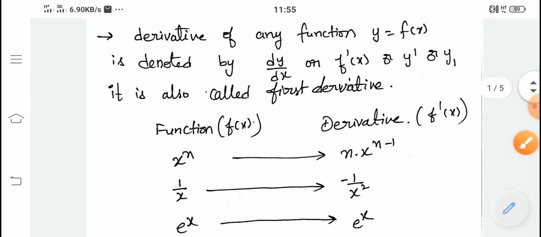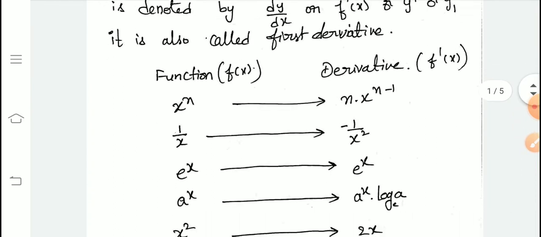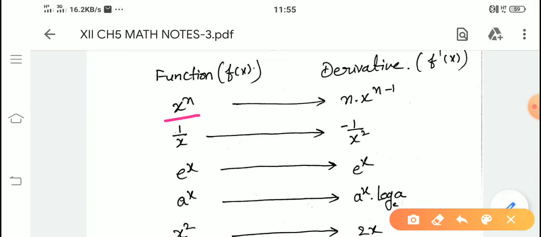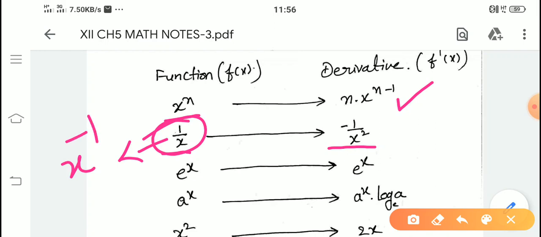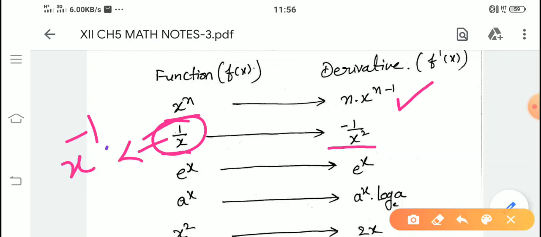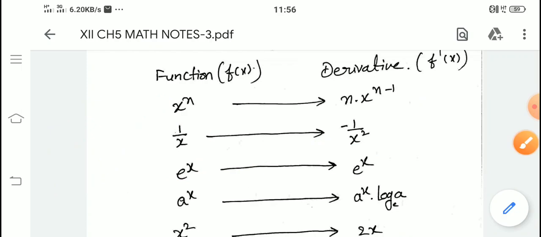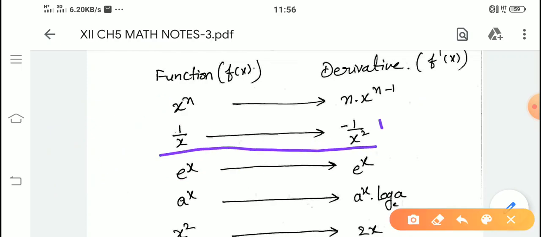Okay, now in 11th standard, all the formulas you learnt are linked with some other extra formulas, just I am giving you, just remember them. The derivative of x power n is n into x power n minus 1. It's very important. The derivative of 1 by x is minus 1 by x square. How did we get this? First take 1 by x as x power minus 1, then use this formula, and after simplification you get minus 1 by x square. So the derivative of 1 by x is minus 1 by x square.